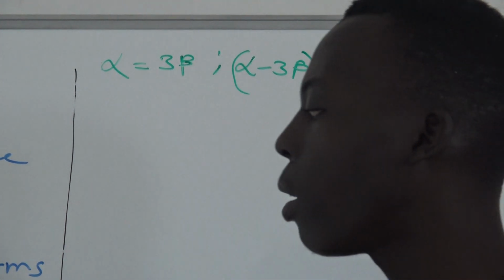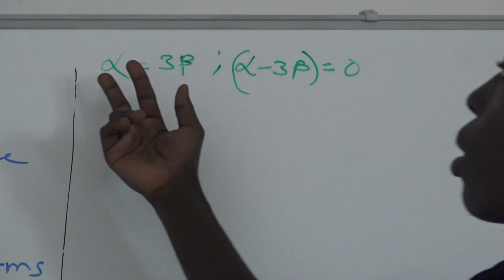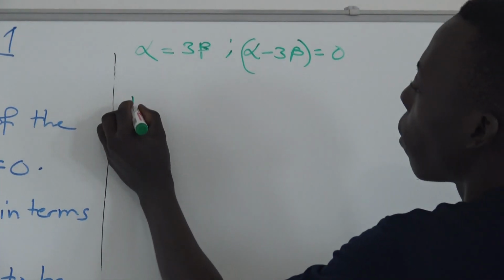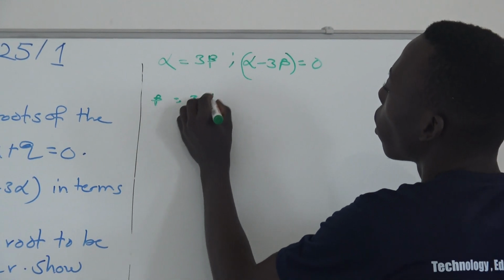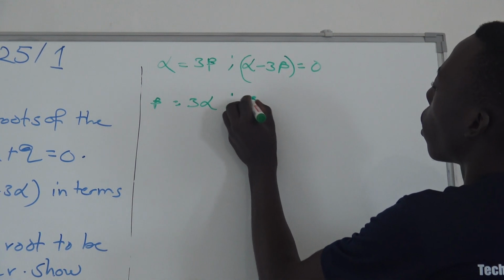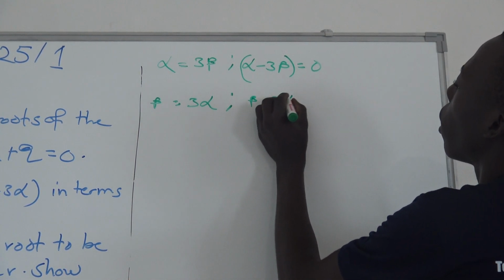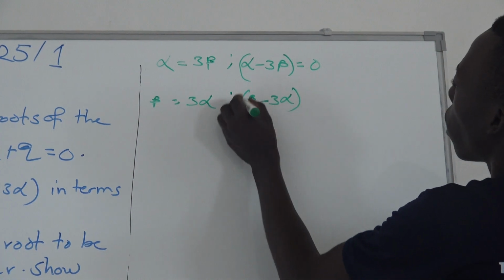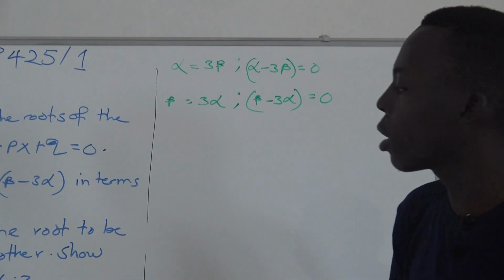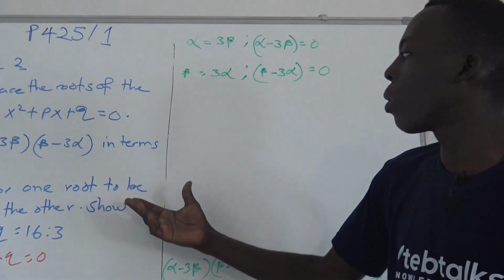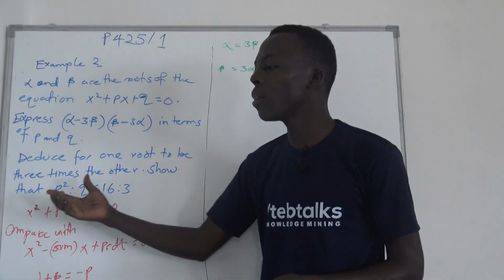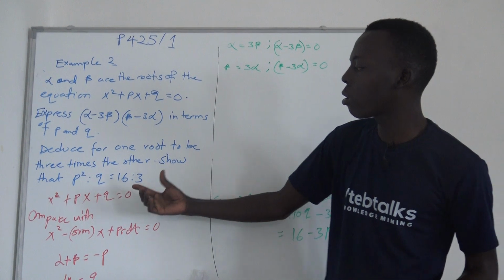Also, remember we are considering two roots. So if this one is 3 times beta, also beta can be 3 times the value of alpha. For that case, it becomes beta minus 3 alpha, which gives us also a 0. So now after getting that, they say deduce for one root to be 3 times the other,